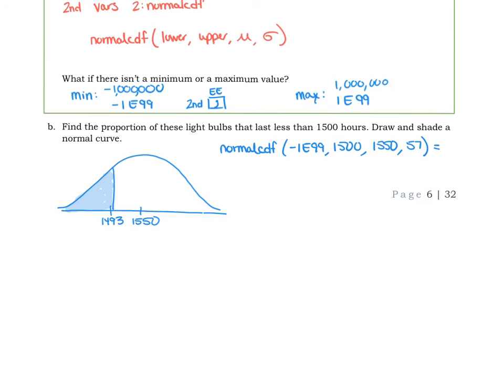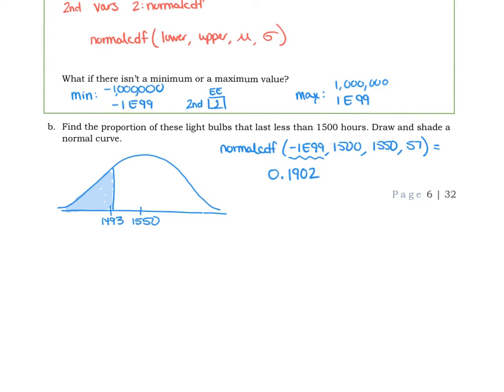So as you use your normal CDF function, for that minimum value, I'm going to use the negative 1e99. Again, if you prefer to type in negative 1,000,000, have at it. For me, it's faster to write negative 1e99, so that's why I'm going to do that. Maximum in this case, or upper boundary, would be that 1,500 hours. Again, the same mean and standard deviation as before. And whenever you hit equals, you should get